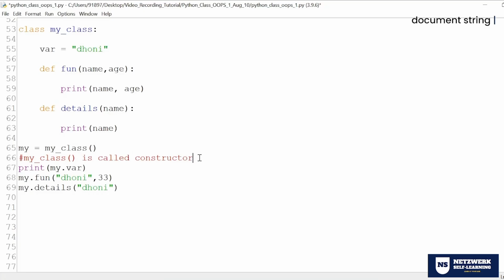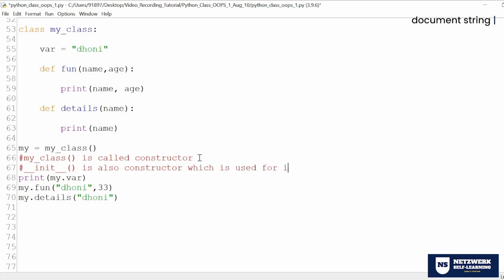Okay. Whenever you create a constructor, there is an attribute that gets created. So now what happened? Init. Whenever you create a constructor, guys, by default, indirectly, there is one more attribute created.